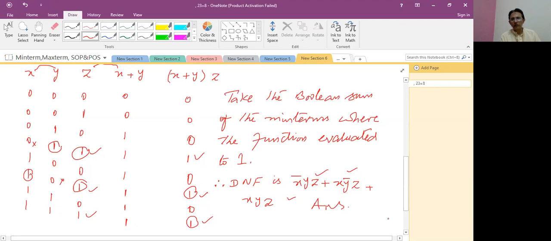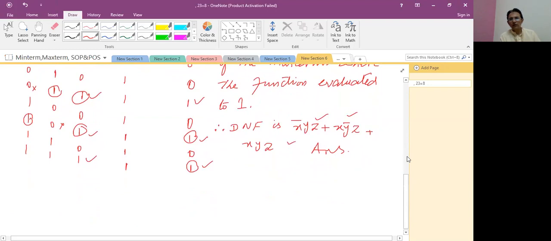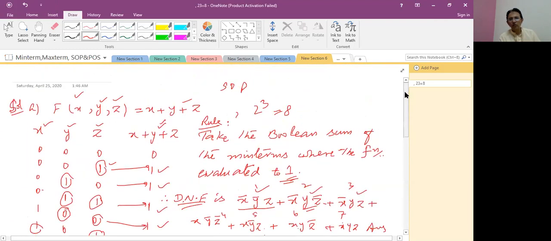So we'll find out easily. So student, we consider here, find the Boolean sum, then we consider the minterms of the Boolean function. Now the next one is